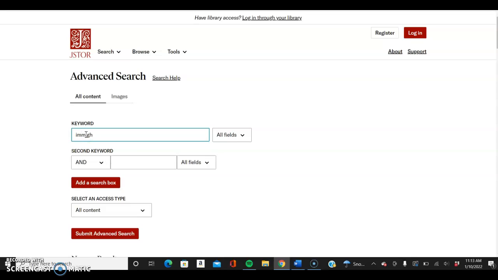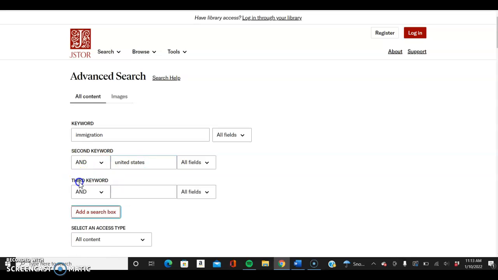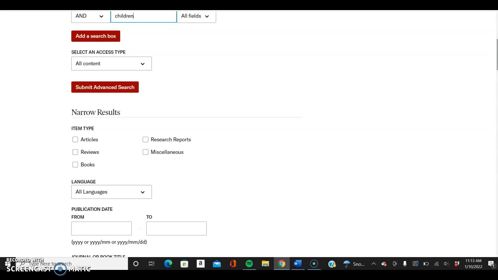Starting with immigration and United States. I'm going to add a search box so I can also focus on children. And below, access type, I'm going to choose content I can access because there are some resources and articles that are not available for free to us on JSTOR.